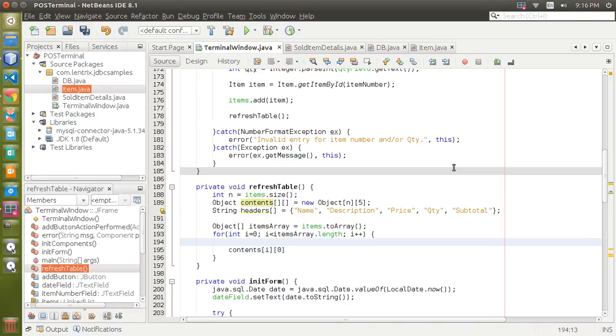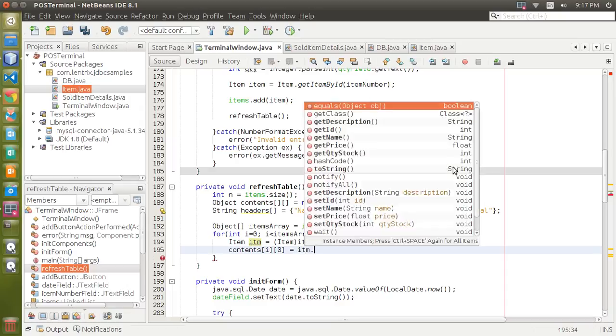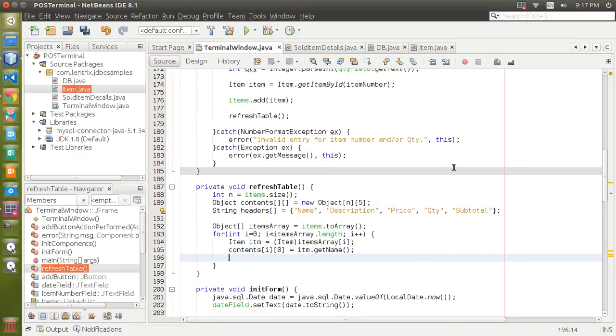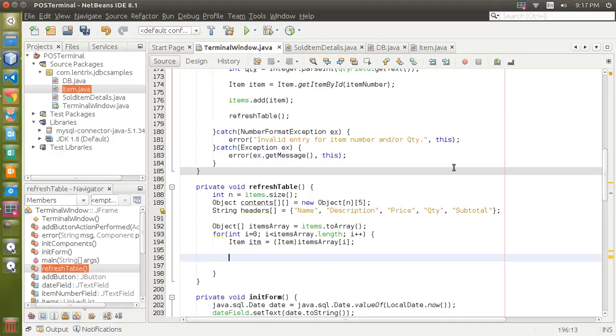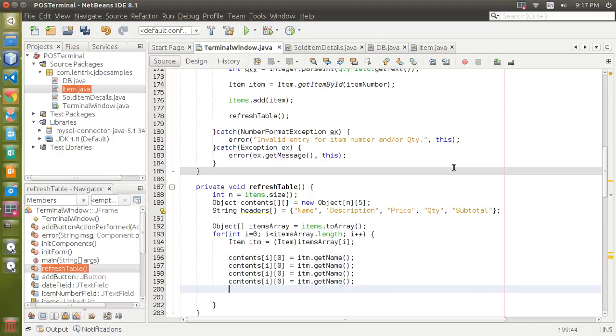0. We need to have the item first. Item itm is equal to the items array i. Okay, so here our contents for i is itm. This is going to be the name, itm dot get name, and then just copy this. Oops, there's 5 of them. So contents